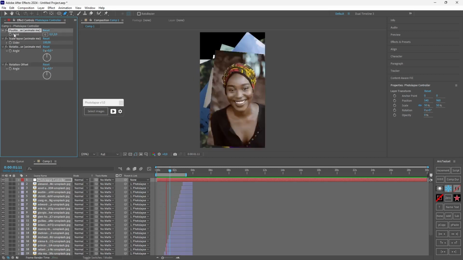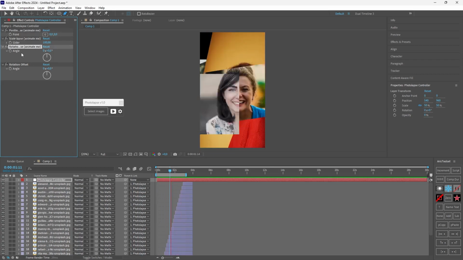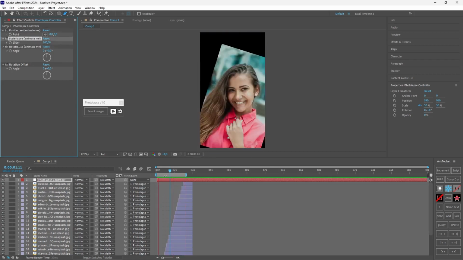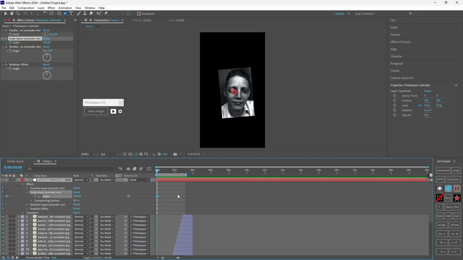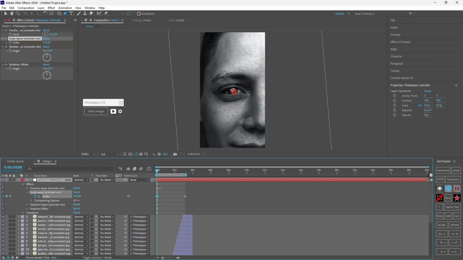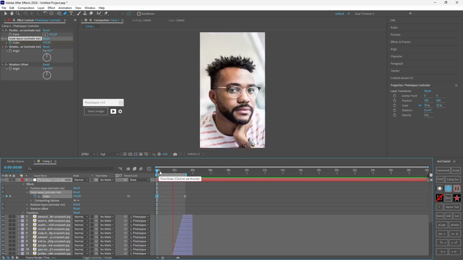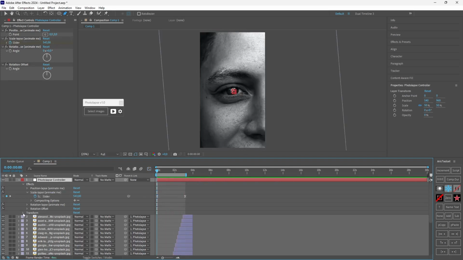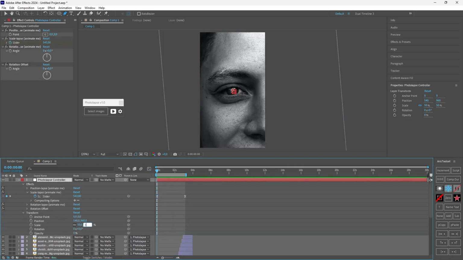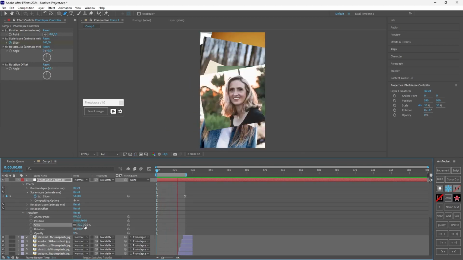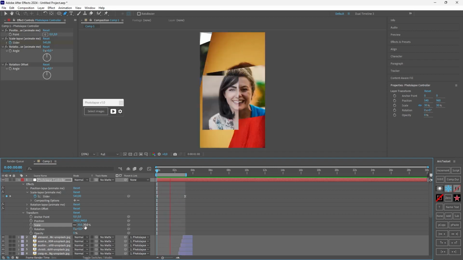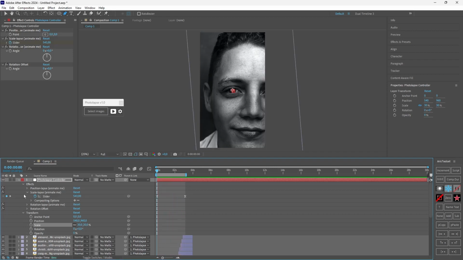And that's it. You can use these three effects like we did before, and let's do it on the scale this time. So I will set the keyframe here, and let's double click on the slider so we can see it better in the timeline. And I will create a scale down effect. You can also change the scale of the Photolabs controller just to zoom out the whole Photolabs, and this is the result. And if you combine all these three effects, you can get some very interesting results.